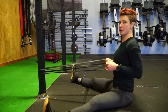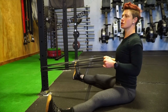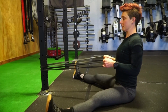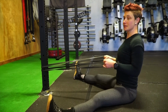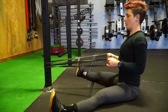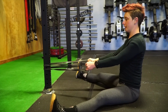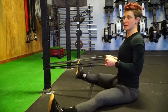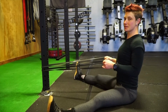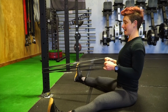I don't want you pulling back. See how far my elbows are here? That's too far. I want you to stop here and focus on really squeezing your shoulder blades together and just holding for 1-2 seconds and then release. 1, 2, 3. Hold 1, 2, 1, 2, 3. All right, and then when I'm in this position, I am focusing on trying to feel my traps, which are the muscles between my shoulder blades, trying to squeeze those together,